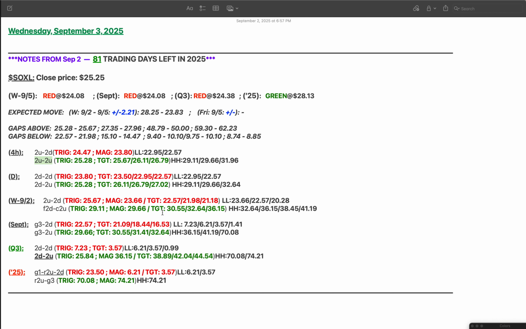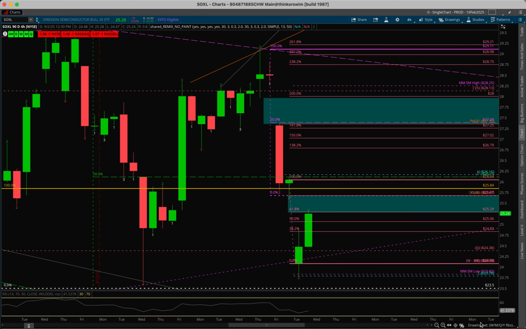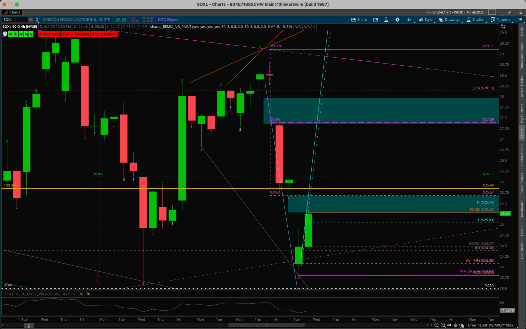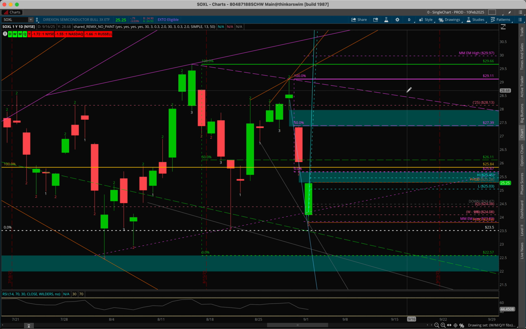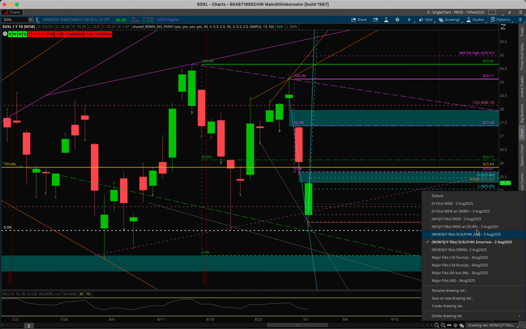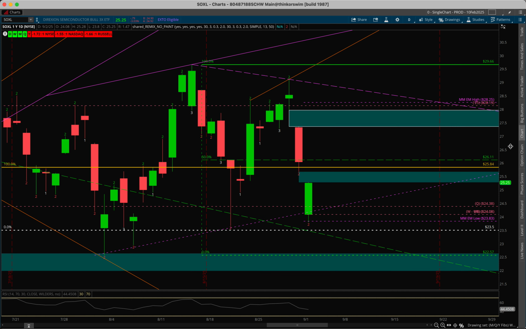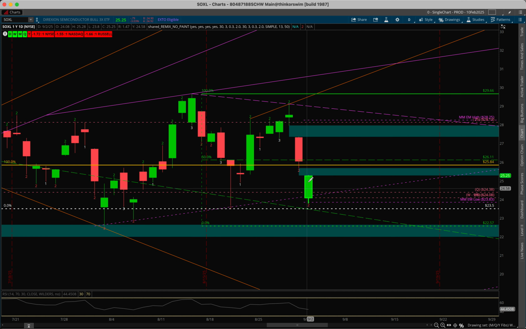But as we know with the 4-hour triggers and targets, those really roll into the day triggers and targets. So let's go ahead and switch and focus on the day and look at those triggers and targets. Let's actually bring up a better chart there. There we go. So again, if we get the trigger to the upside tomorrow, that triggers at today's high, 25.28,